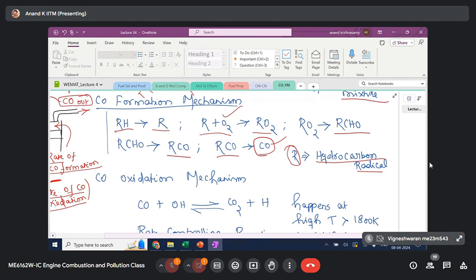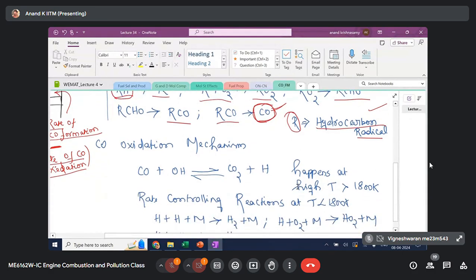Fuel has 84% carbon. Okay, when fuel is subjected to combustion, initially the stable fuel will break down into several molecules, and some of these are active radical species. Okay, these radical species during the chemical reaction step of fuel combustion are forming the CO through these reaction steps. Okay, and it all starts with hydrogen abstraction. And this can very well take place with gasoline and diesel. Hydrogen abstraction reaction is going to take place, and through that you finally get into CO.